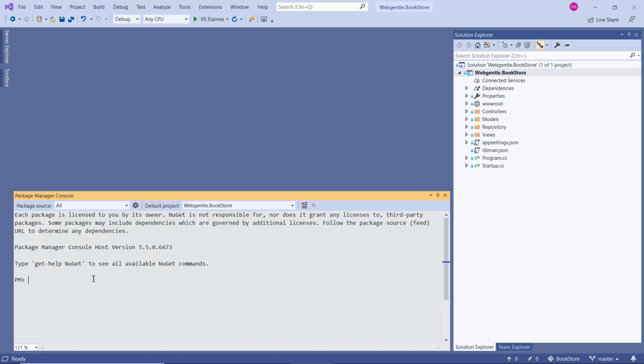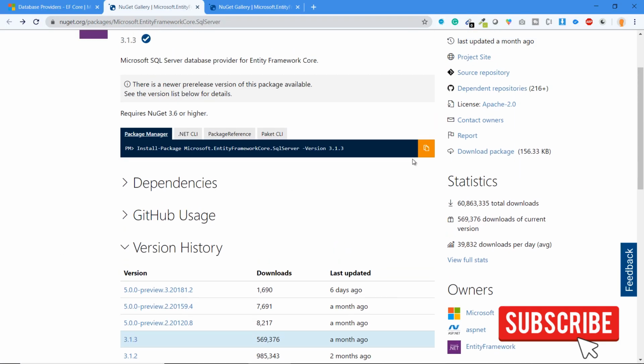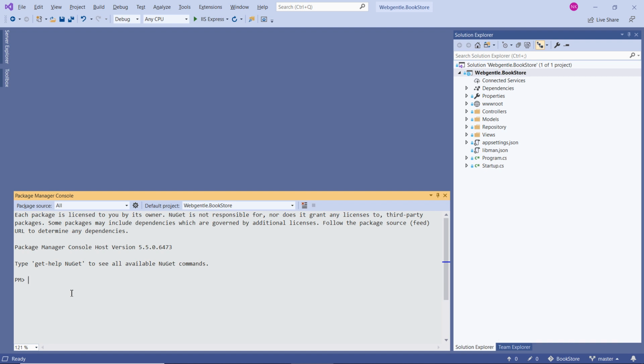Based on the architecture of your application, there will be multiple scenarios. If you are going to use n-tier architecture, it means you are going to create a separate project for your data layer. Then you have to choose the name of your second project over here in this drop down. We can create a separate project for our data layer as well, but in this application I will be using everything in this single project. So we will create a separate folder and keep everything separate. If you have everything in one project, then still there is no problem using it. And what will you write over here? The details of the packages are available here. You can simply copy this line and paste it here and simply press enter.